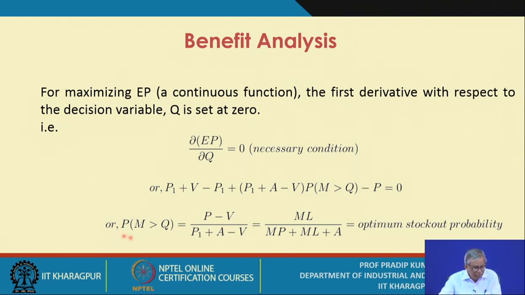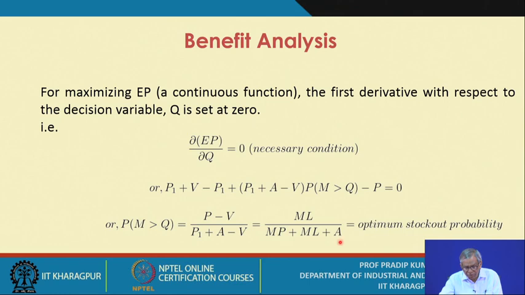So you follow the steps, and ultimately what you get is these expressions: the probability that M is greater than Q. What is the M? M is the demand level, greater than Q, equals P minus V divided by P1 plus A minus V. So you just follow the steps. I am sure that you will understand each and every step. All these details I have provided. So this is P minus V divided by P1 plus A minus V, and with some manipulation, this is